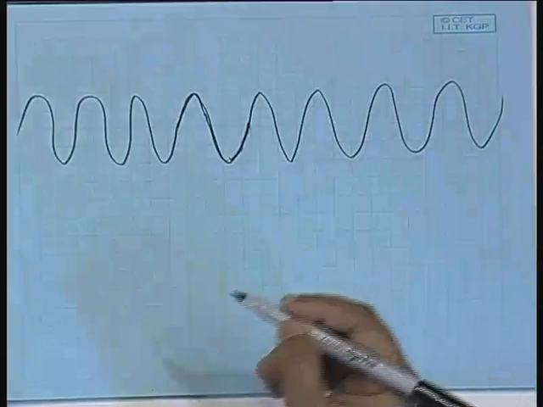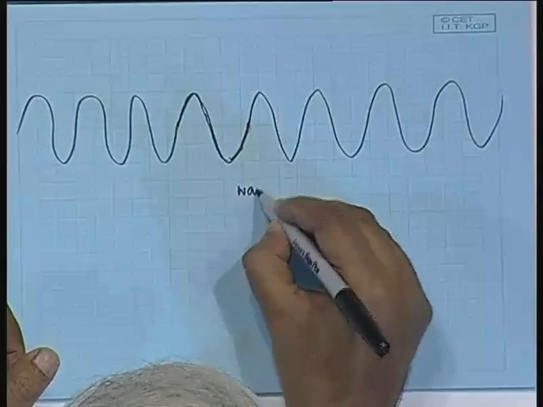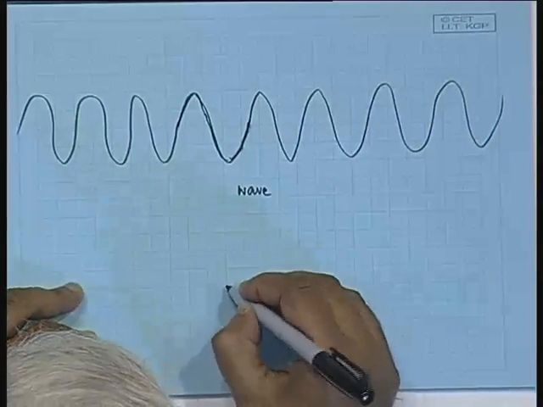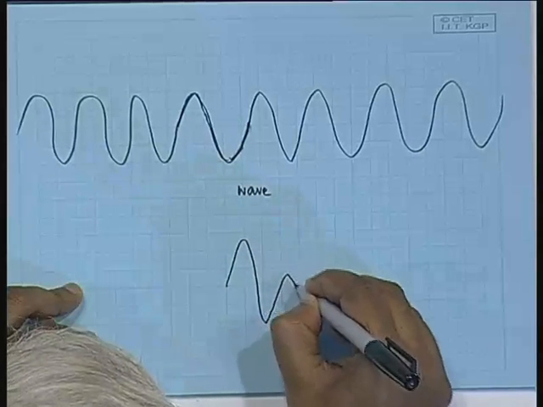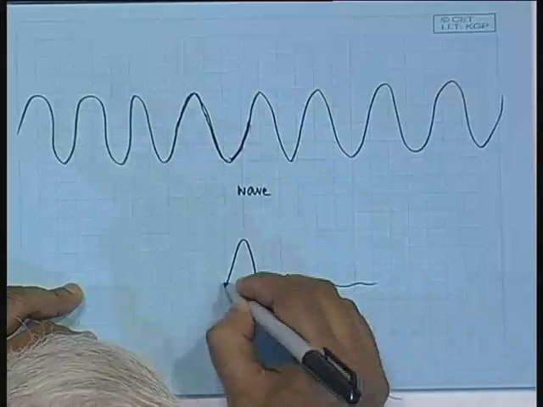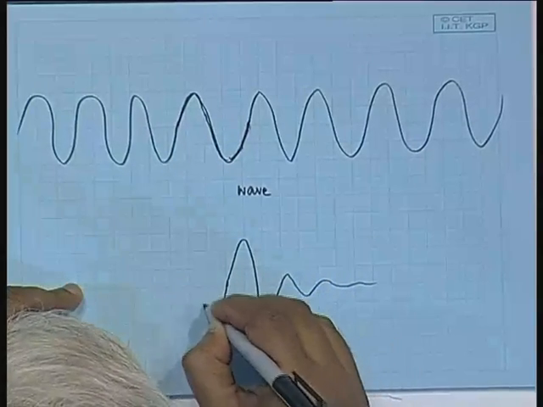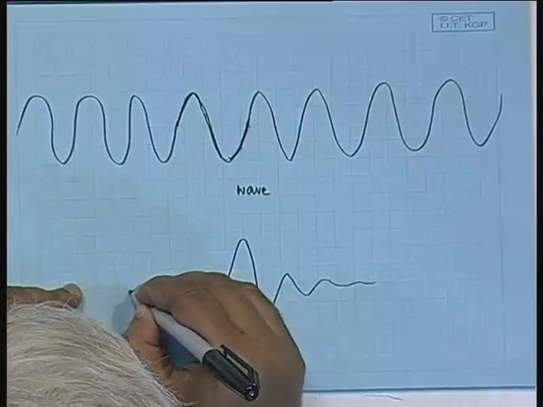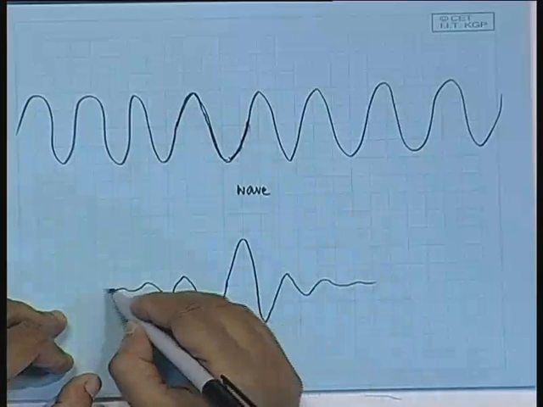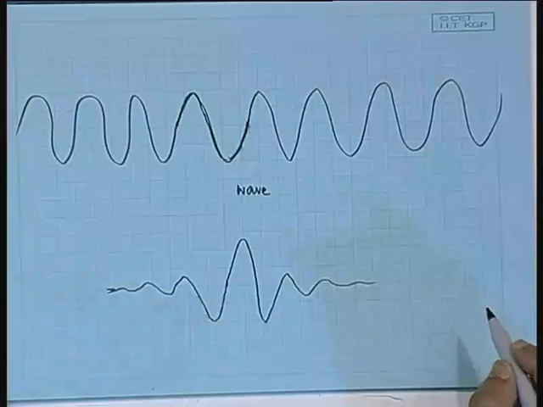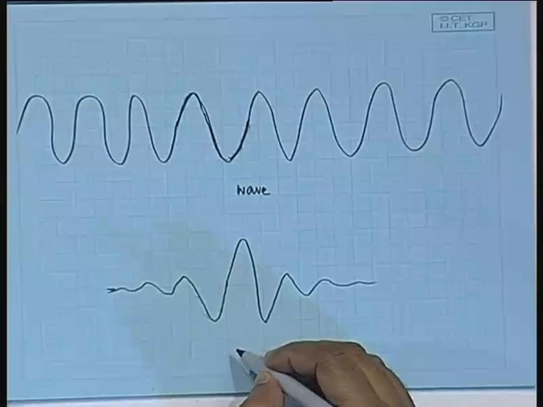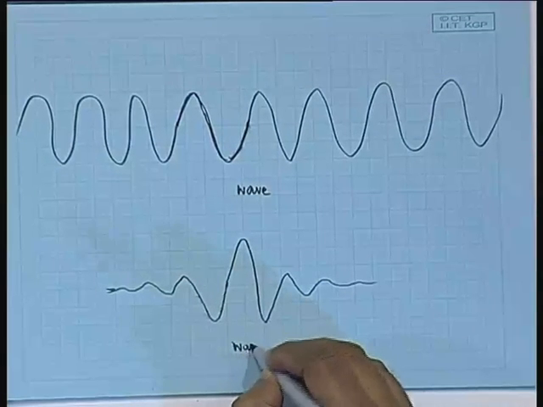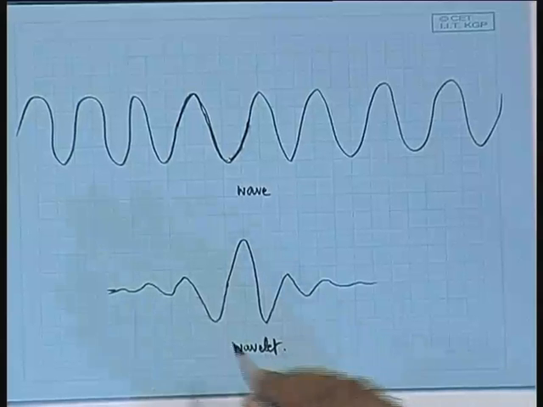So, this is a wave. But if I consider a function like this and symmetrically obtain the rest, here what you find is that this is not a wave anymore, this is a small wave or a wavelet,